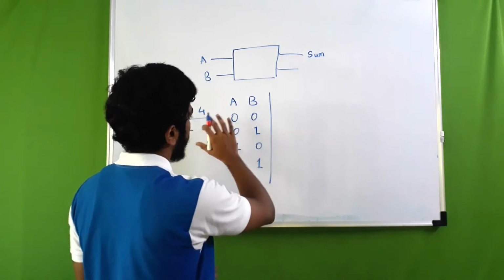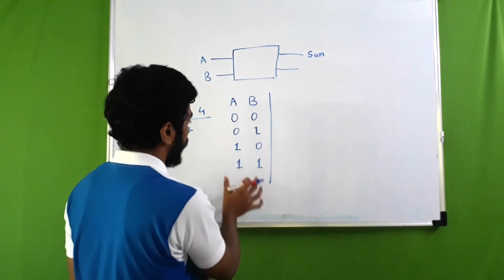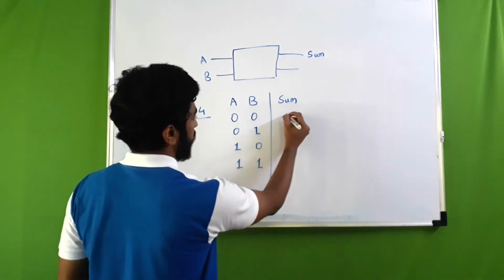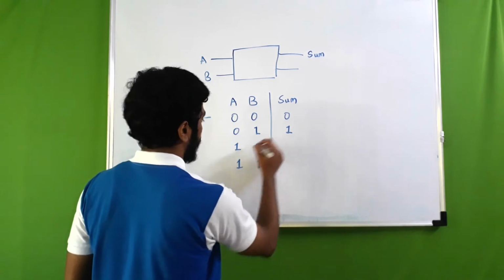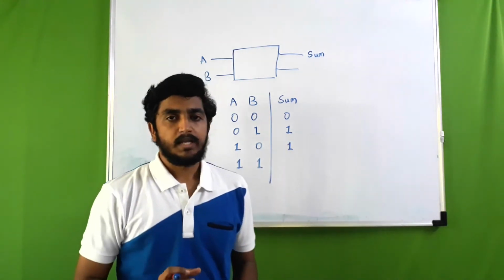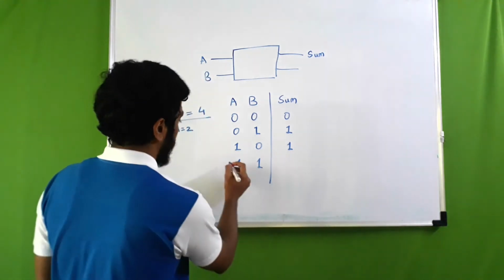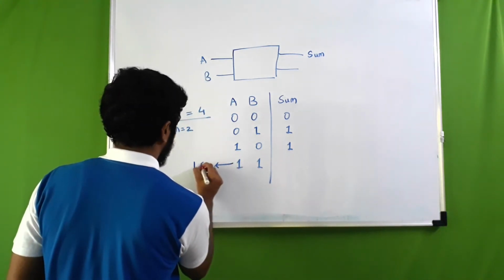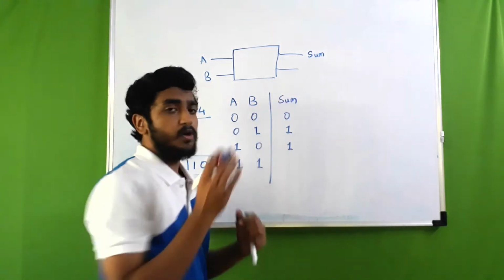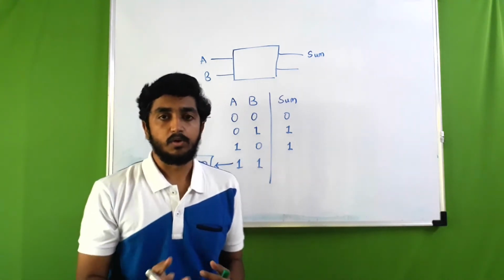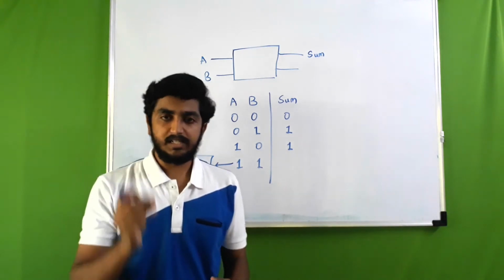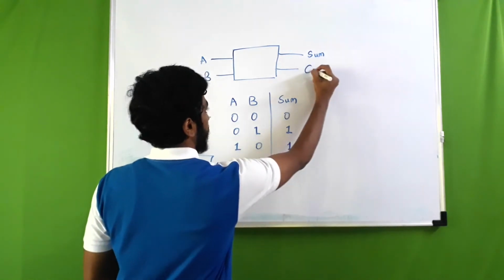Now we will try to do an addition of these 4 combinations individually. 0 plus 0 is 0, 0 plus 1 will be 1, 1 plus 0 will be 1, and when I say 1 plus 1, now we need one more bit, because when I do this addition, the answer will be 1 0. The sum bit will always have either 1 or 0, it cannot have 1 0. So we need one more bit, and this particular bit we will call carry.